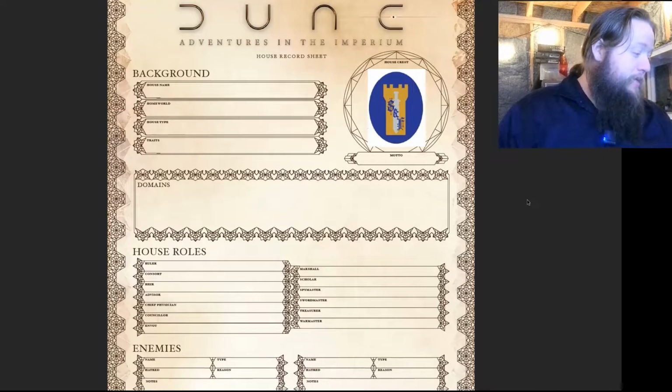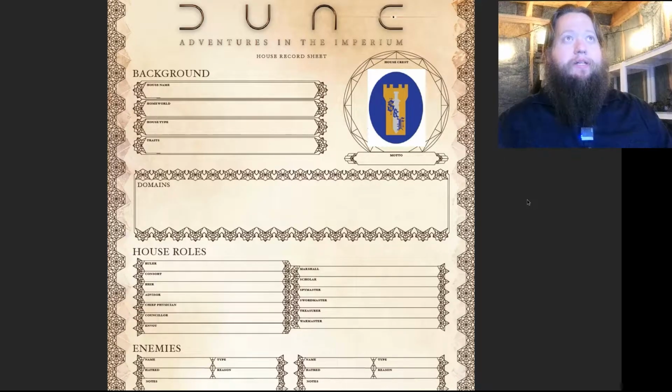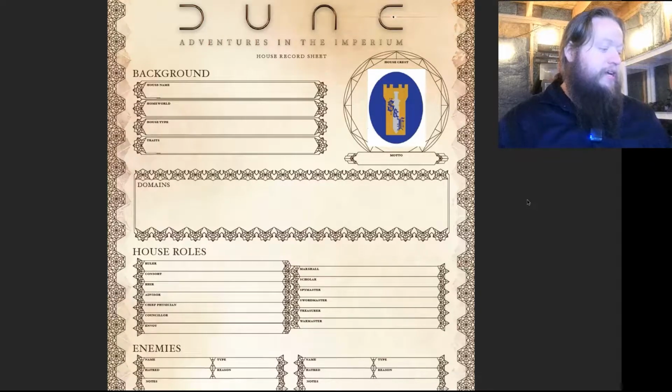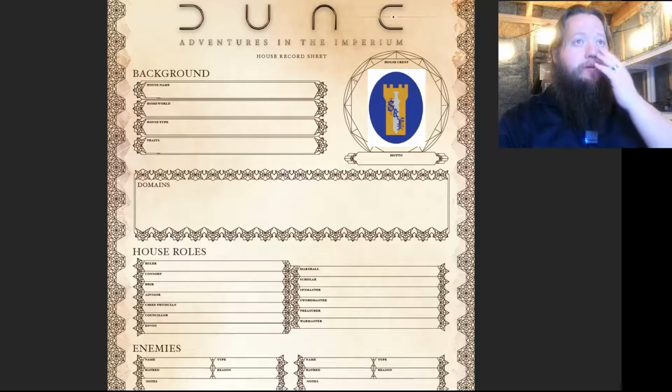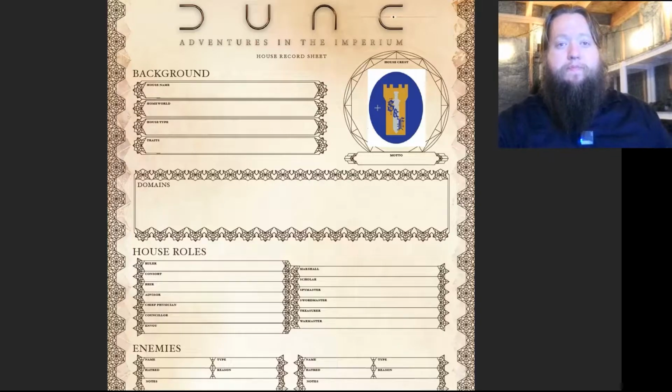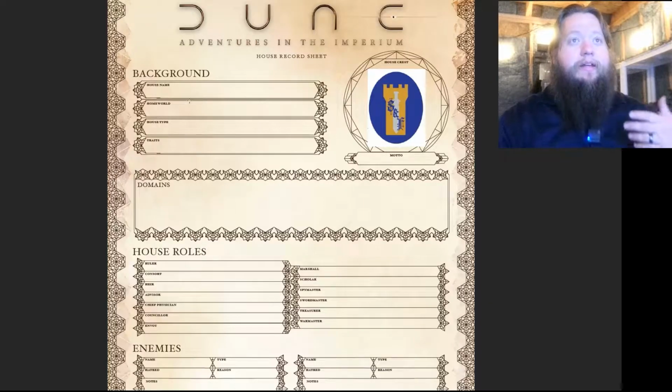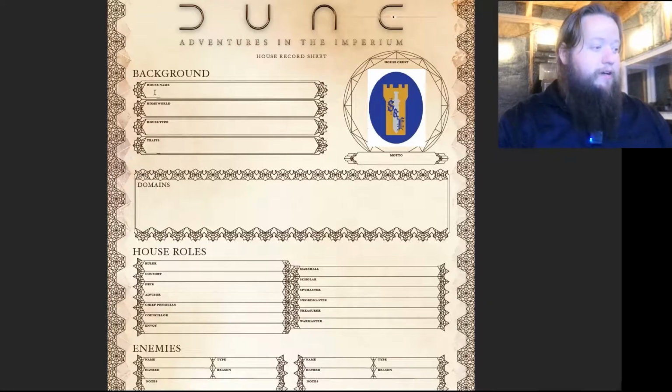That would be great. Okay, so for this example, we're going to go ahead and start off with a house minor. So right here, we've got the house record sheet. We've got our banner, which you and your group can go ahead and put together. And so we're going to start as a house minor. Our house has been around for a little while. And you know what? Let's go ahead and put together